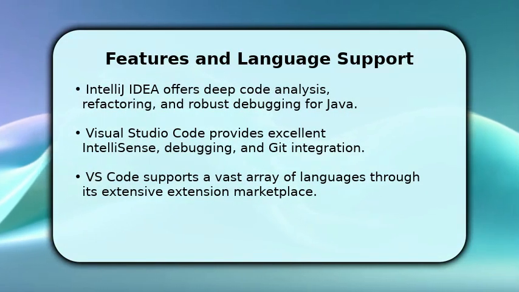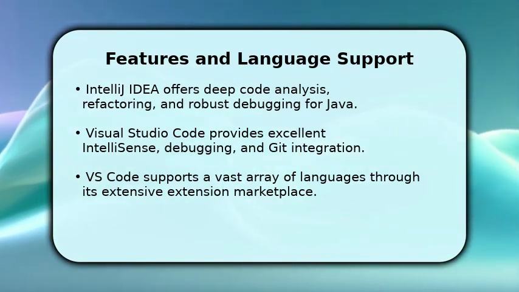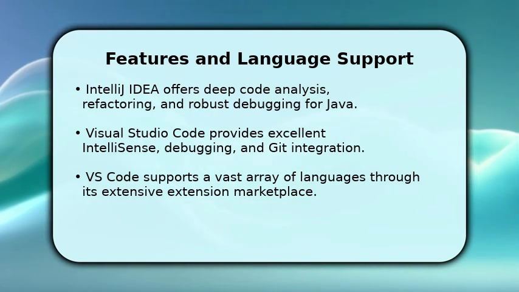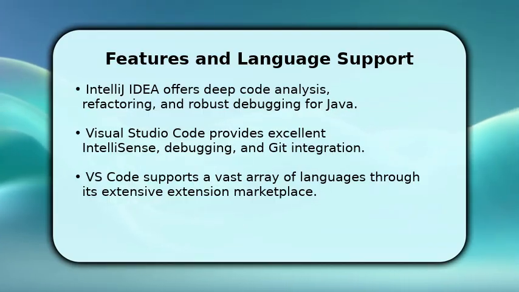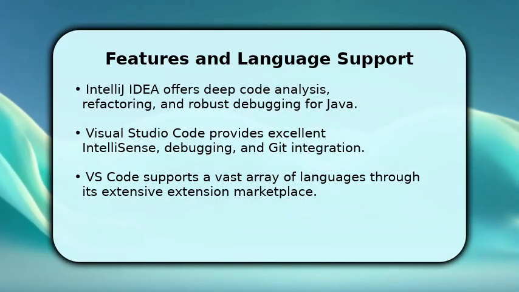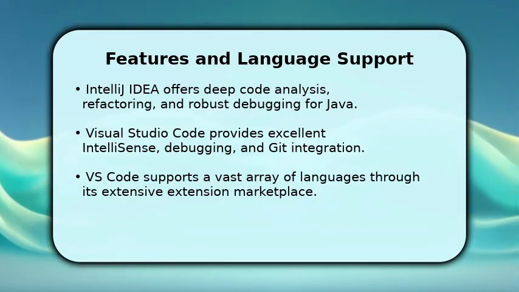IntelliJ IDEA shines with its comprehensive features, offering deep code understanding and powerful refactoring tools, especially for Java and JVM languages. Visual Studio Code, on the other hand, provides a highly customizable experience with its rich extension ecosystem, supporting nearly every programming language imaginable. Both offer excellent debugging and version control integration, but their approaches differ significantly in scope and